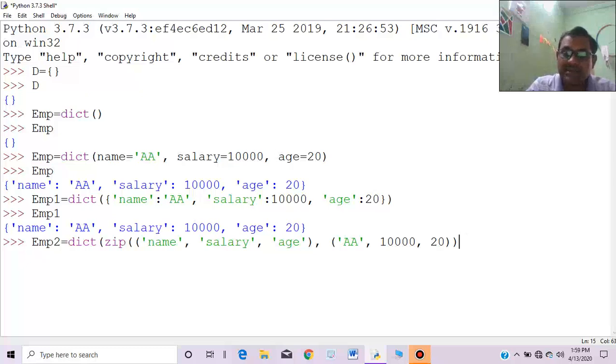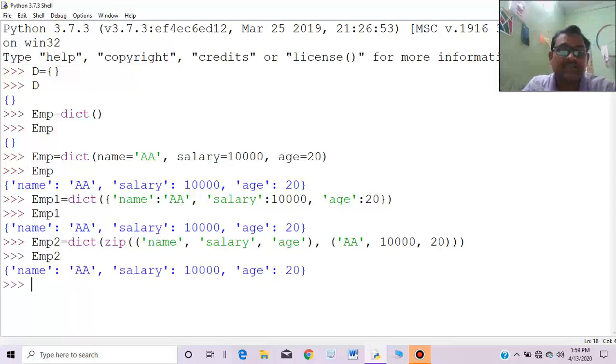So I think there is no need of this. It is needed. Okay, look what happened. emp2, and this is how. So there are four ways to use dict. By using simply dict, it will create an empty dictionary.